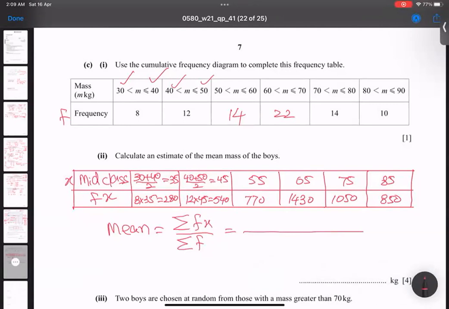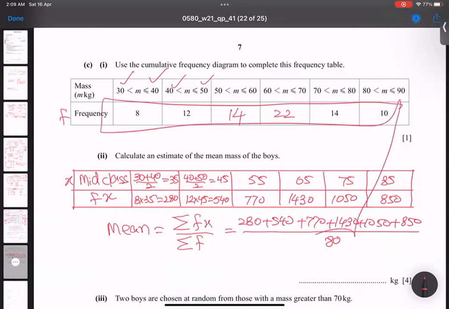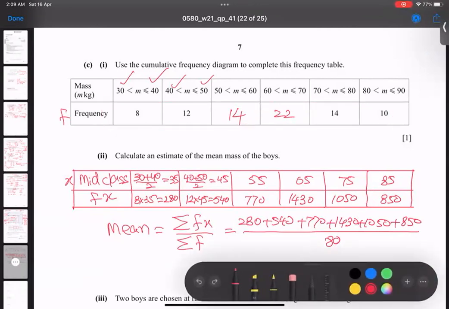Have a look. I'm getting first 280, then 540, then 770, then 1430, then 1050, then 850, and down is confirm 80. How come? Because we know the sum of the total frequency, when you add these values, gives you 80. So this is done. Now I'm adding 280 plus 540 plus 770 plus 1430 plus 1050 plus 850, and I'm getting here